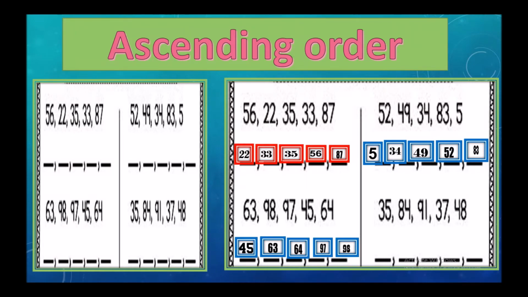If you compare all the numbers, you will see first the ones place and then you will move to the tens place. So if you compare here, 5, 4, 1, 7 and 8. But in tens place 3, 8, 9, 3 and 4. So 3 and 3 if you compare, first will come 35, the smallest one. The next is 37. Then 48 is the next one. Then 84 and 91.